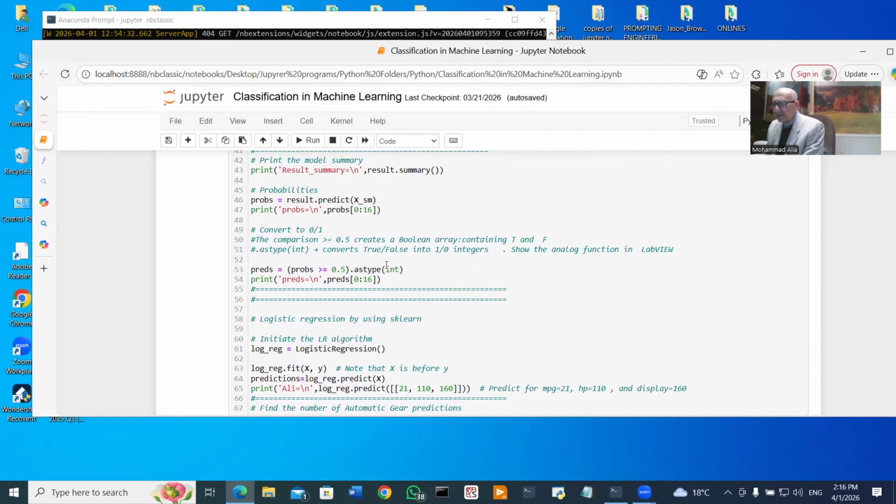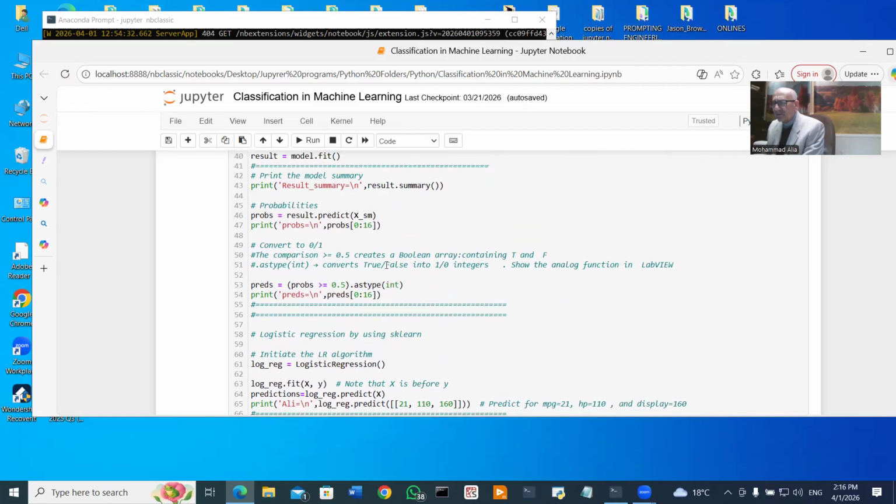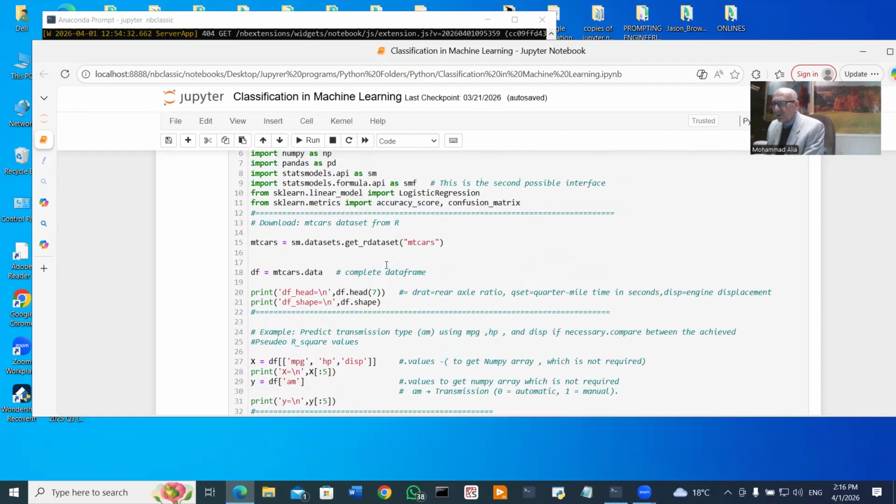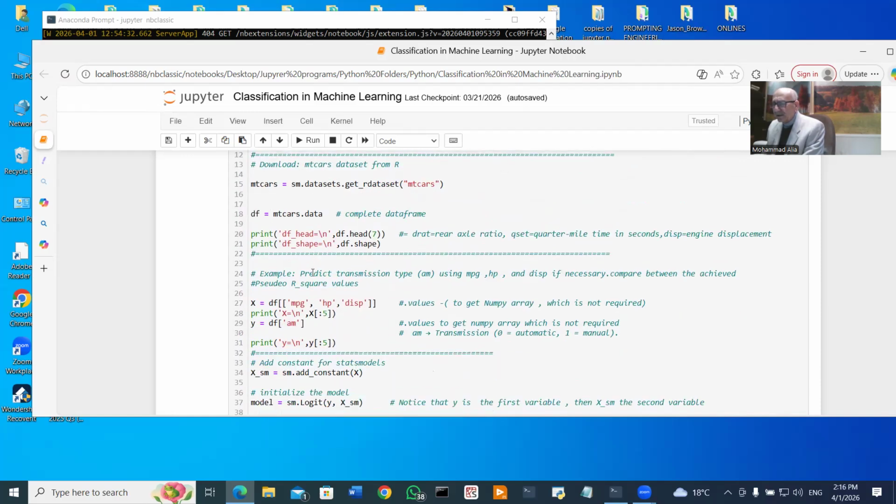Okay, so we are here now. We have an idea now about the data set itself, and we have downloaded it as a data frame, and now we know the features and how we can work with these features. In order to divide the data set to a features part and